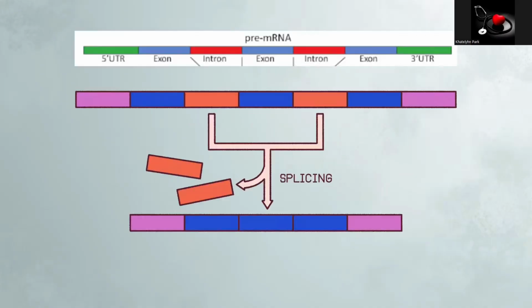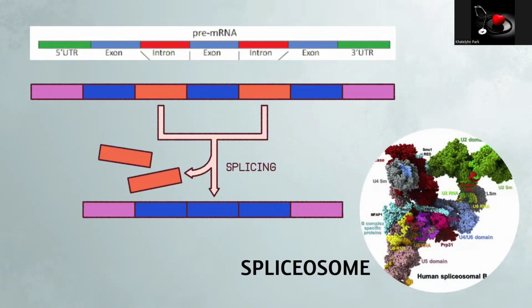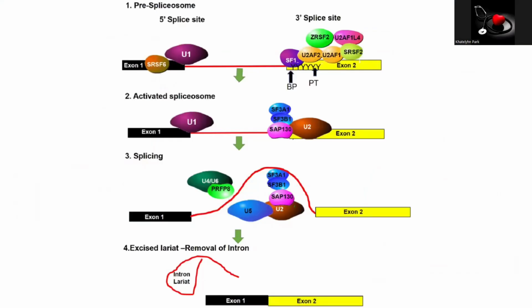Remember that the encoded RNA still contains the introns, or the non-coding regions, which must be removed. The process of splicing is facilitated by the spliceosome, a complex of small nuclear ribonucleoproteins and proteins. The spliceosome recognizes and binds to the consensus sequences such as the 5' splice site or the GU motif, and the 3' splice site or the AG motif, the polypyrimidine tract, and the branch site A.